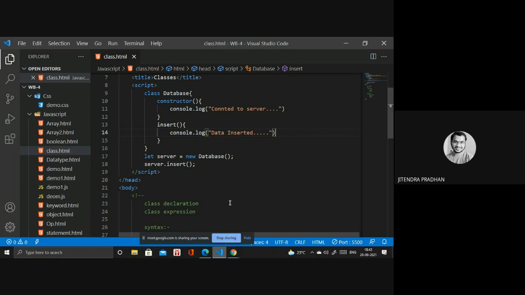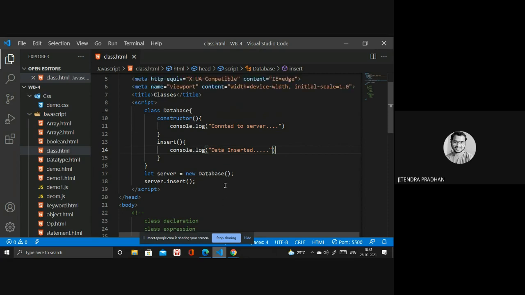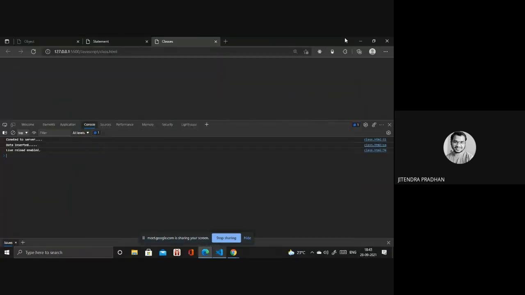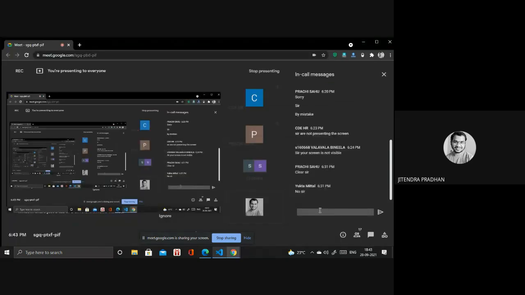I hope you got this point: how we declare a class, what a constructor is, how we use the constructor, and how we use the method as well. To print what we write inside, you need to create new memory for that, then access these things. If you have any doubt about classes, constructors, and methods, you can ask me in the chat box. Next, we have to discuss what code reusability is and how inheritance works.